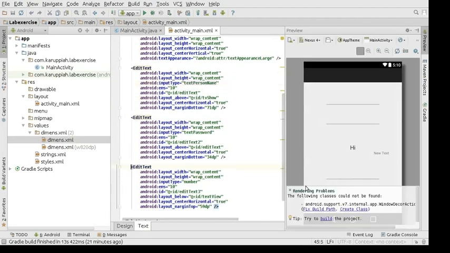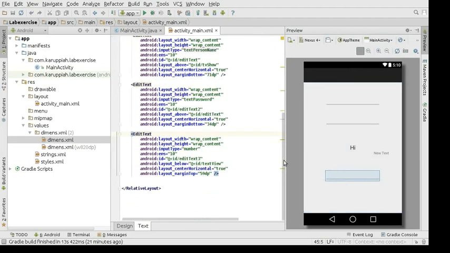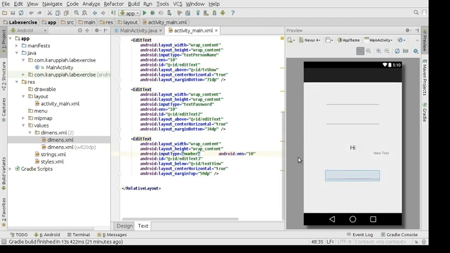Where is that thing? Too many problems. Sometimes my build problem comes up. I think it's some support burst or something. Just ignore it. Sorry. So here you have number, input type number. Now I'm not going to code using all this. I was just telling you about some layout stuff and some UI.